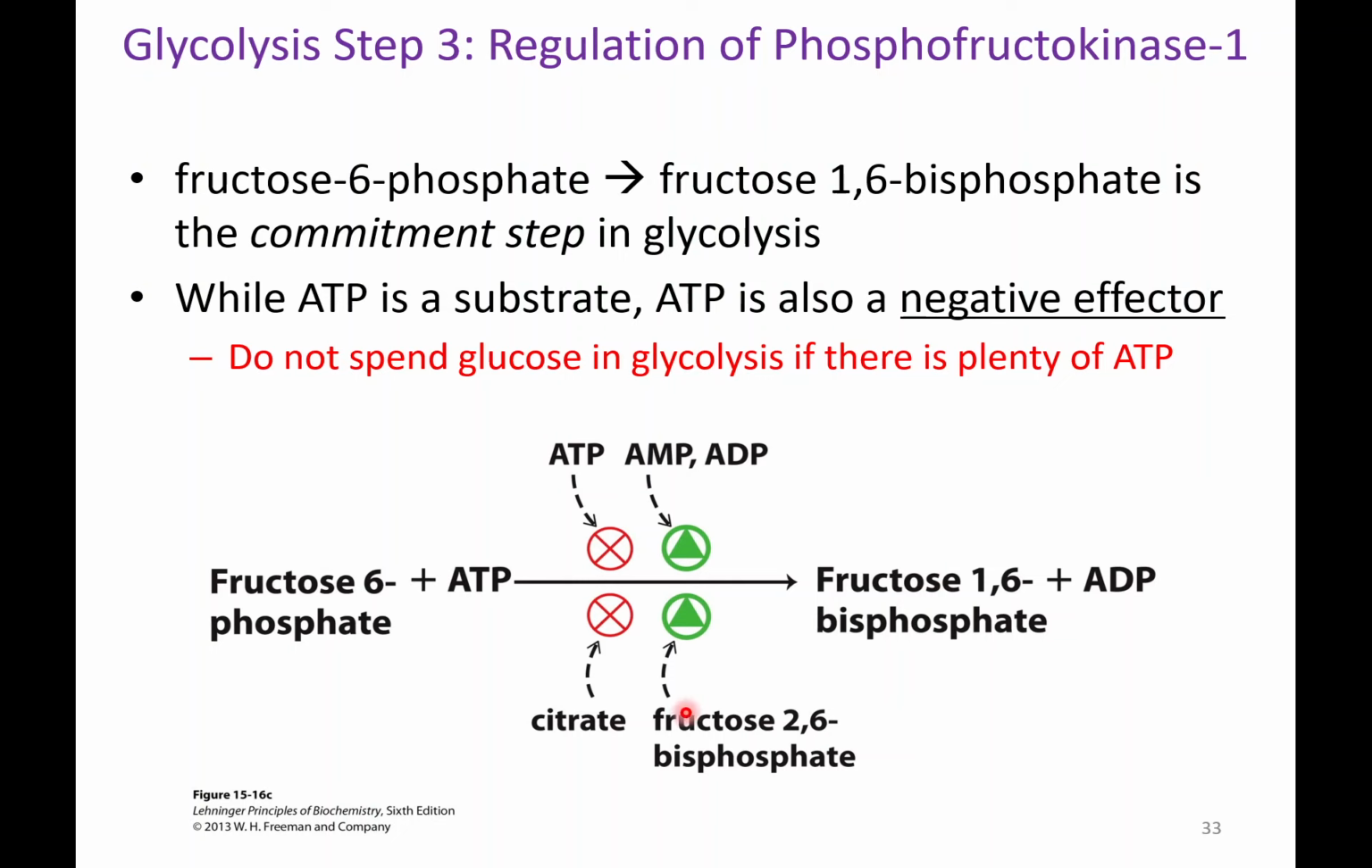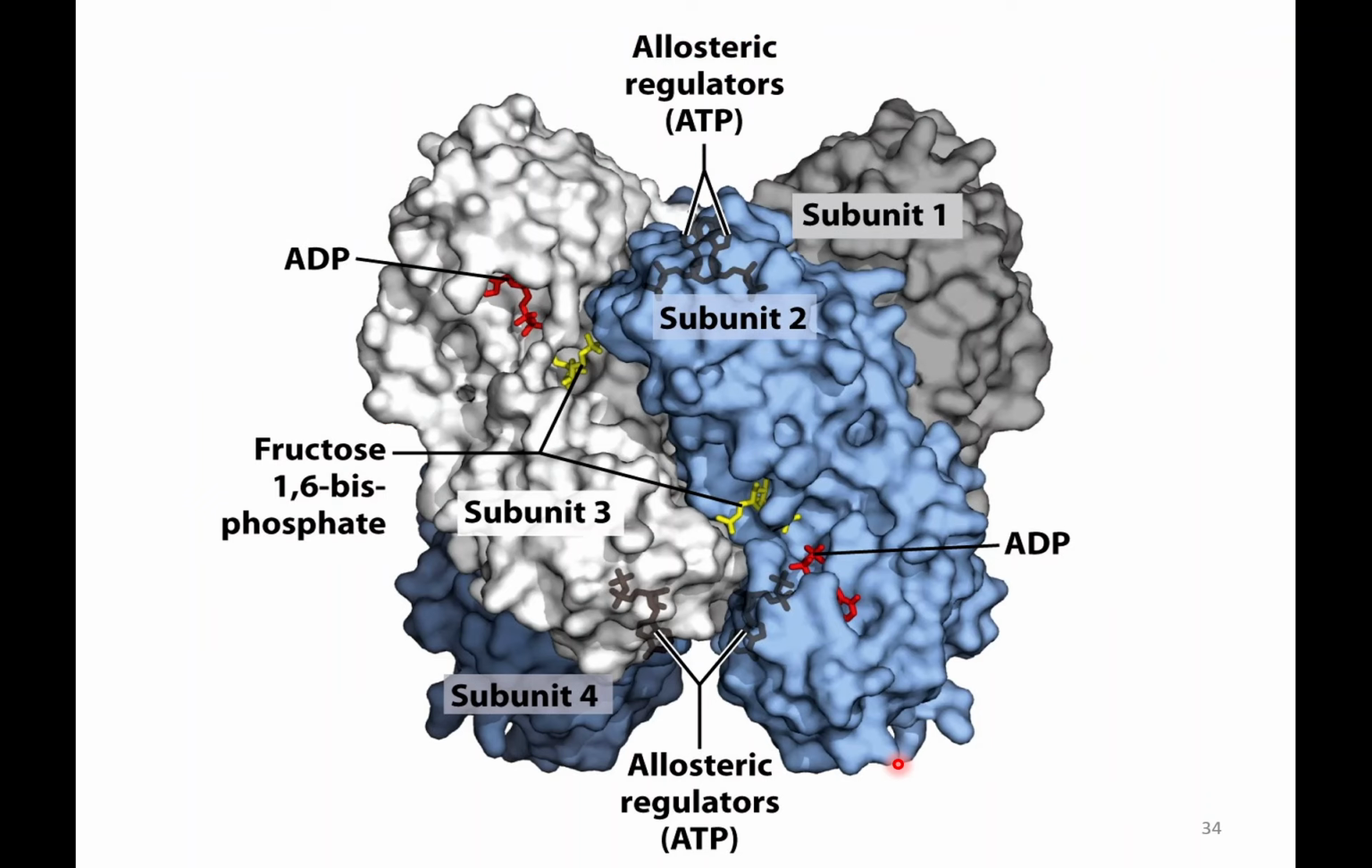Fructose 2,6-bisphosphate is not. It's not an intermediate. It's not a product. Okay, it's a regulatory molecule. An allosteric regulator of PFK1. And we'll explain this a little bit more. Okay, so this is a picture of PFK1,